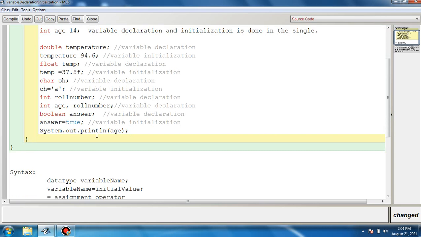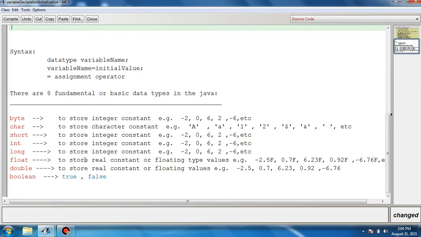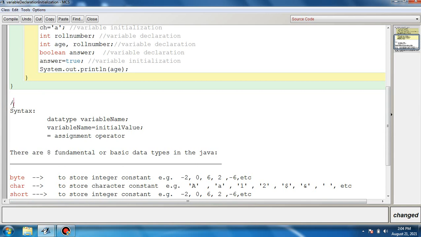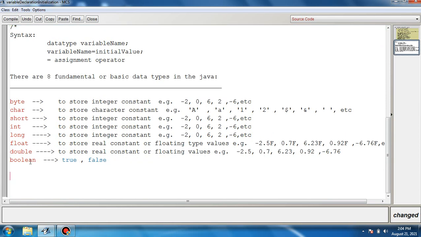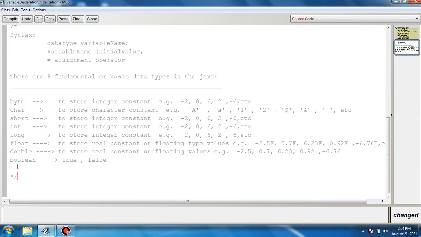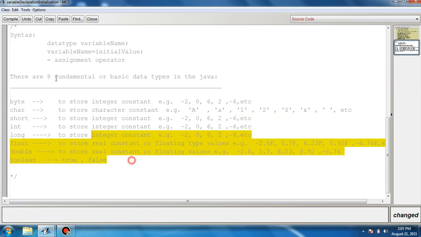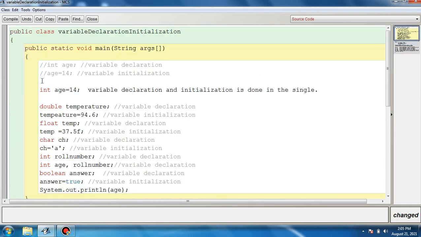So let us make it a multi-line comment. A multi-line comment starts with a slash and an asterisk symbol, and to close it, at the end we type an asterisk symbol and a slash. Now these multiple lines will be treated as a comment. They will not participate in the program. I will click on compile, and it says okay. Now this line is not part of the program, so let us treat it as a comment by using two slashes. Now this will be treated as a single-line comment.